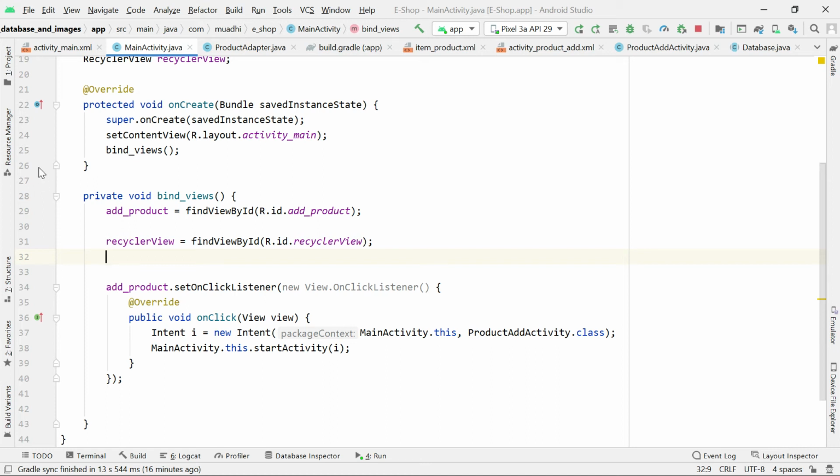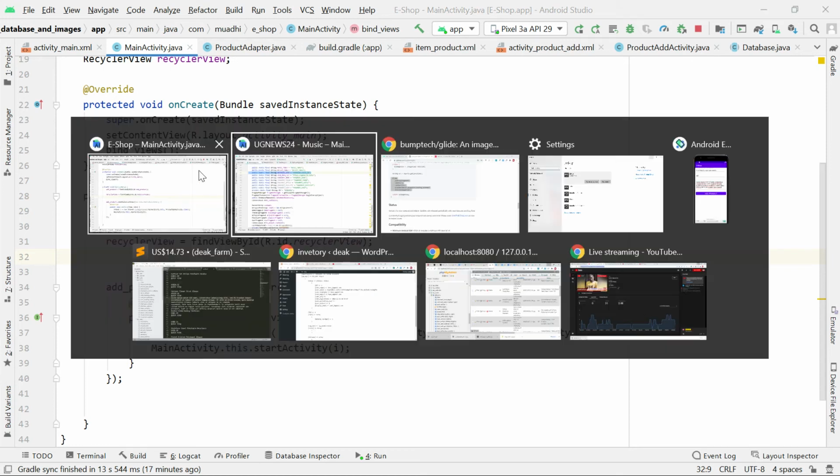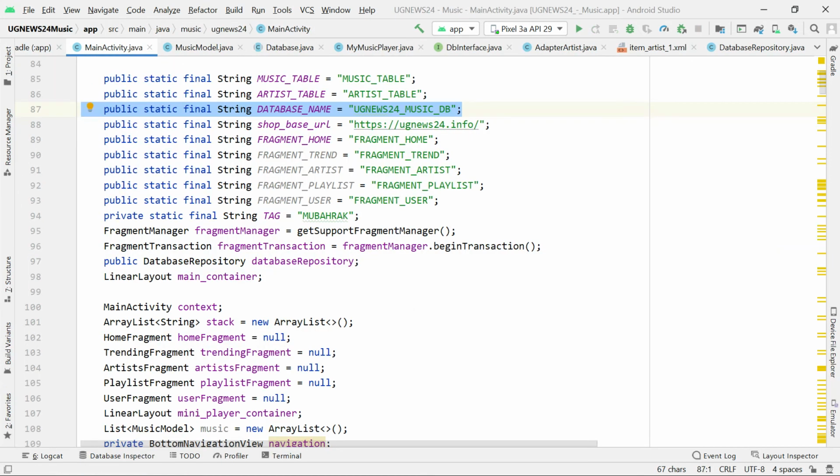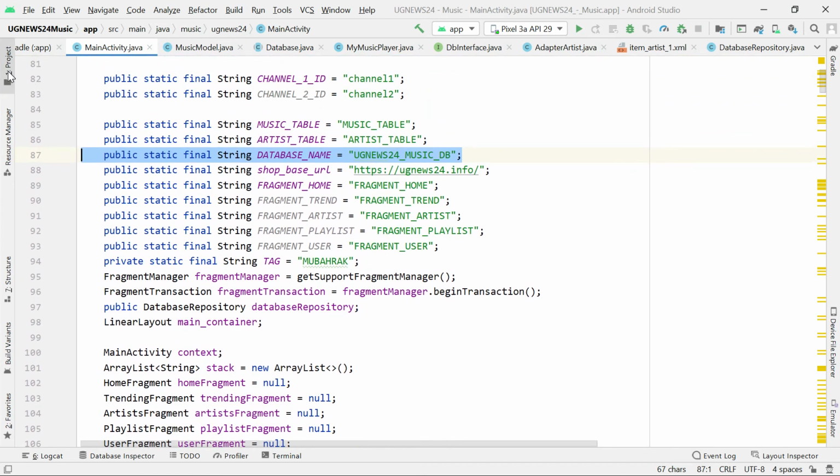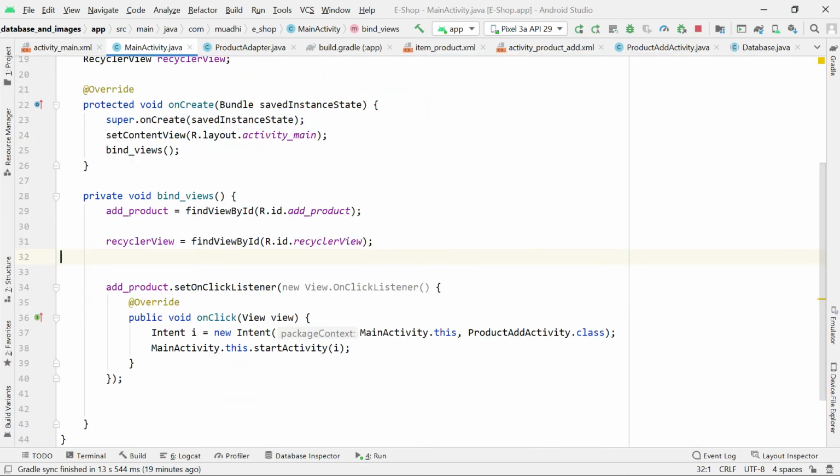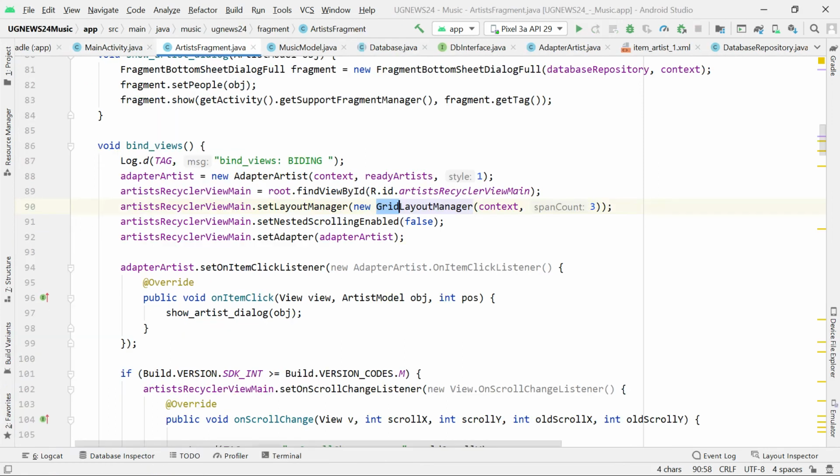But because I've not connected the data from the database yet, that's the way I'm going to do it. I'm going to create it fully and then update the recycler view. To create the recycler view, I'll simply follow this logic that I created here. So after creating the recycler view, I'll then create the